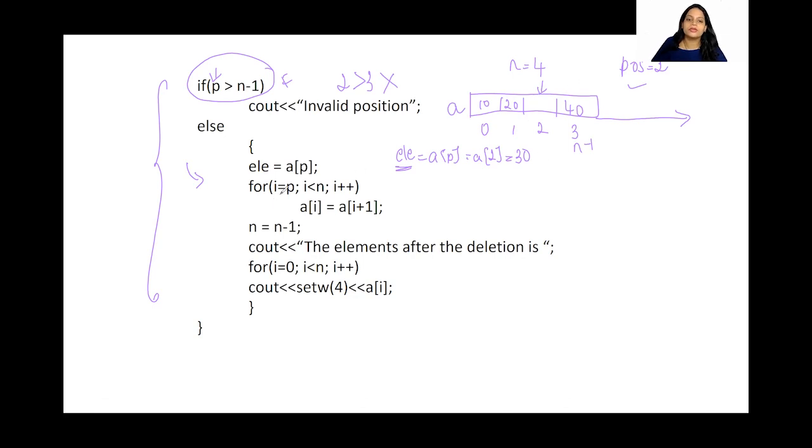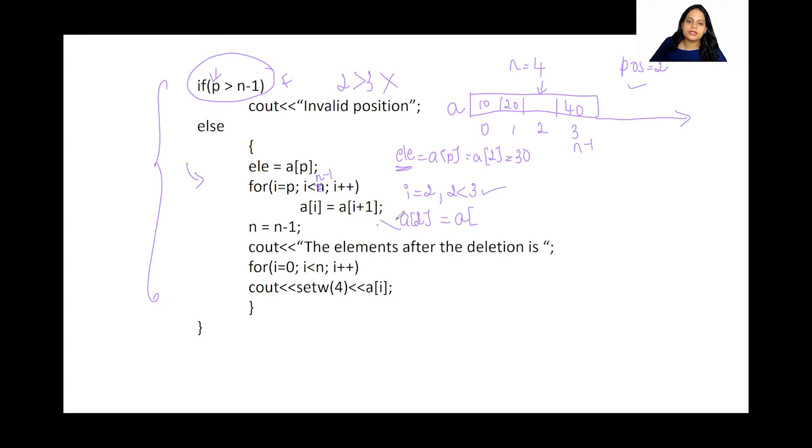And how am I going to do that? I'm going to take a for loop. Now students, check here, see carefully, this is going to be n minus 1, okay? So initially, i value is going to be P, which is nothing but 2. And then I'm going to check if 2 is less than n minus 1, which is my 3. Yes, this is correct, isn't it? This is true. Then in that case, I'm going to say A of i is equal to A of i plus 1, where in our case i is nothing but 2.